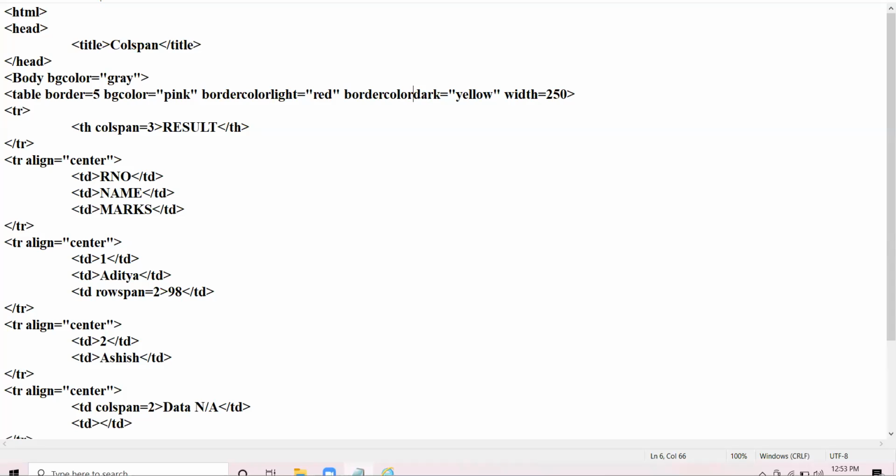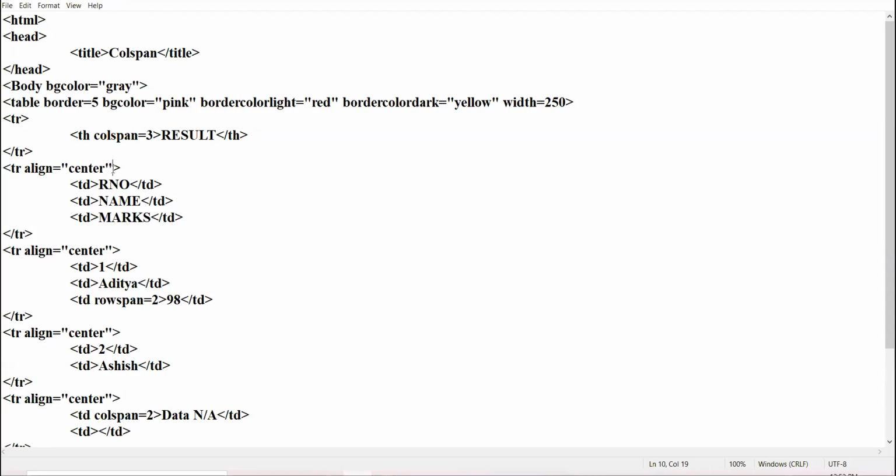All right. Now I want to give the header row green color. I want my header row to appear in green color. For that, click in the TR of the header row. Give the bgcolor equal to green.